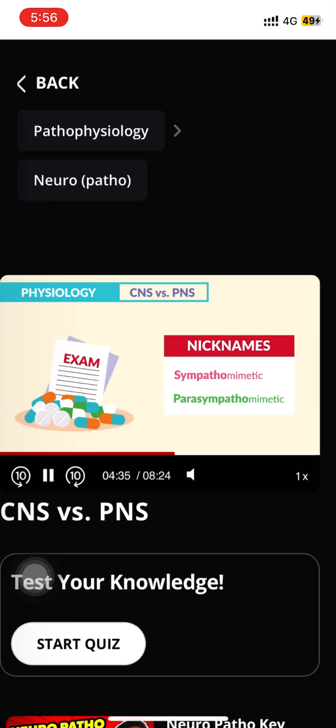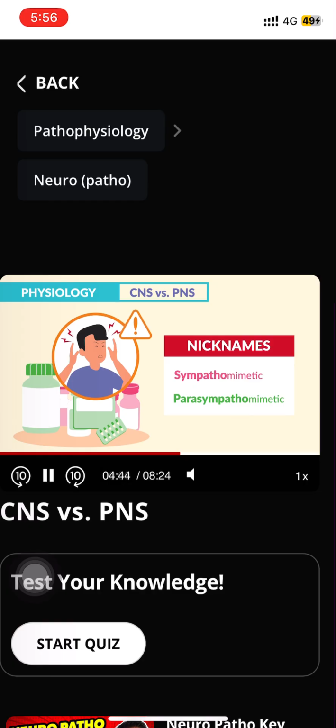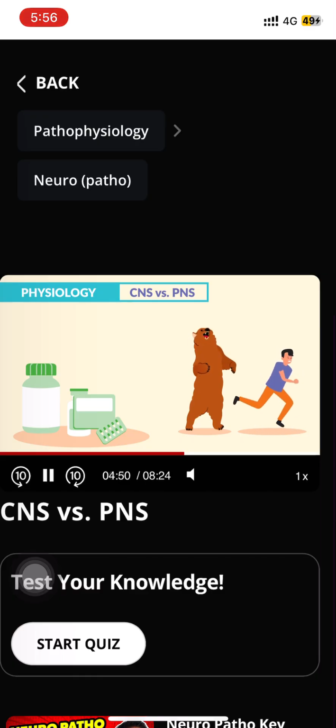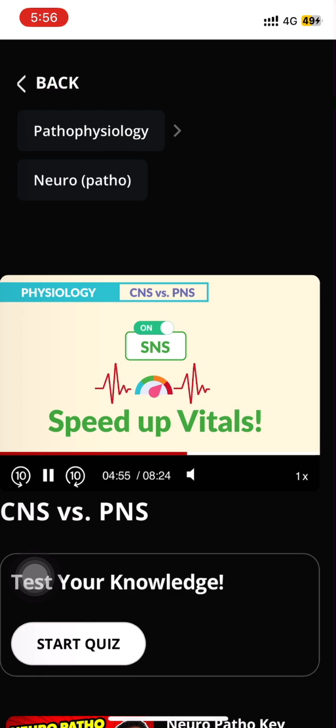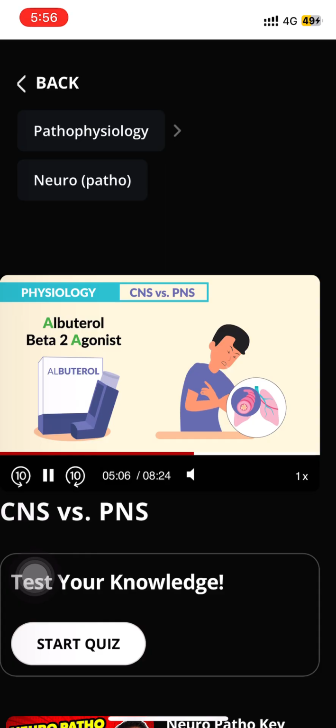Now, for pharmacology exams, the terms to know are sympathomimetic and parasympathomimetic. Those are just nicknames talking about the drugs that agonize or basically stimulate a response from the particular nervous system. So for sympathomimetic, these are drugs that mimic a sympathetic response. In fancier words, they just stimulate the SNS to speed up the vital signs. So drugs like albuterol or beta-2 agonists stimulate the SNS response to dilate the lungs in our clients with asthma